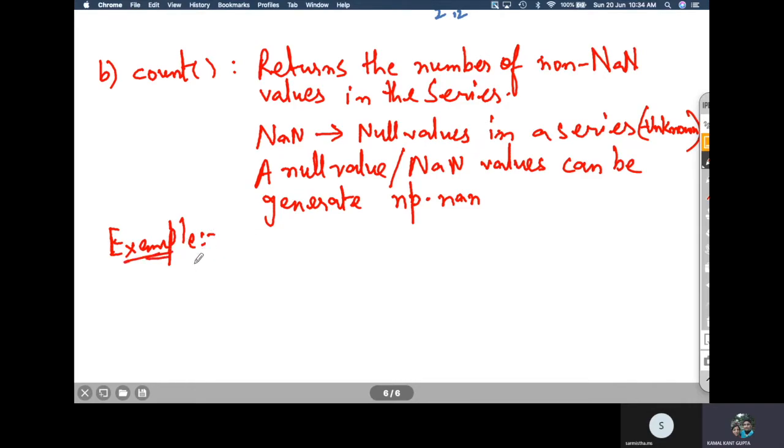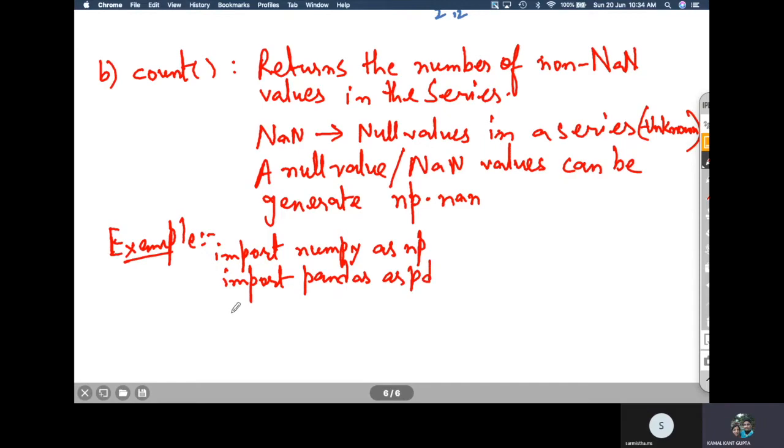We are going to write a series like this: import numpy as np and import pandas as pd, and then I'm writing here S is equal to pd dot Series, and here I'm writing Ravi, Kishore, np dot NaN.